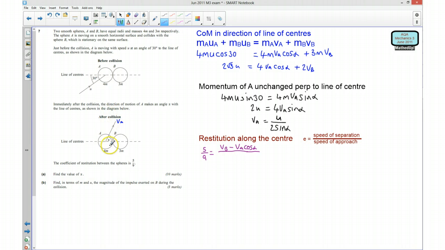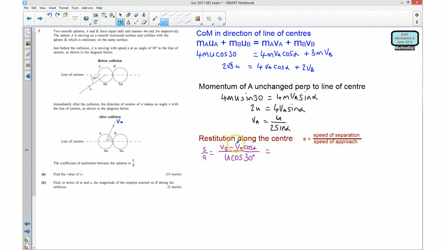Well, the speed of approach is a little bit more straightforward because B wasn't moving to start with, so that's just going to be u cos 30. Remember, this is along the line of centres. Okay, so if we can rearrange this now, well, we know that cos 30 is root 3 over 2, so I can say that this is going to be equal to,